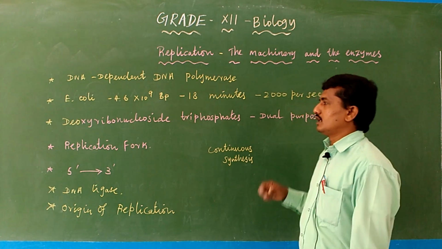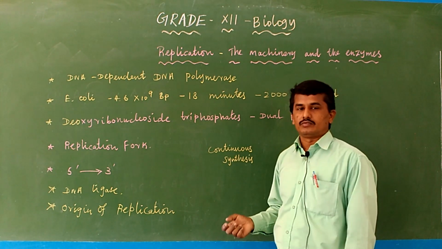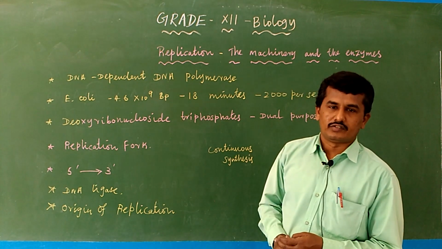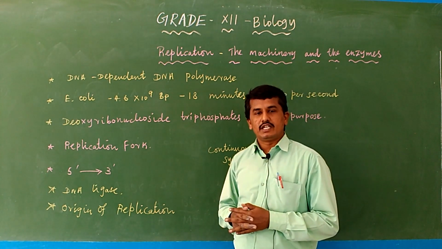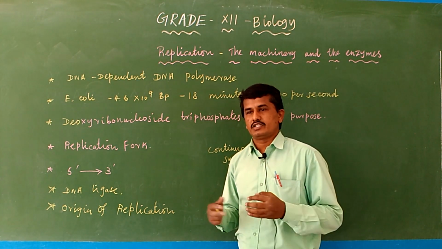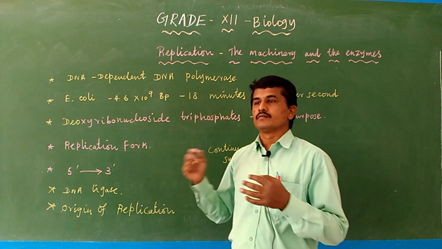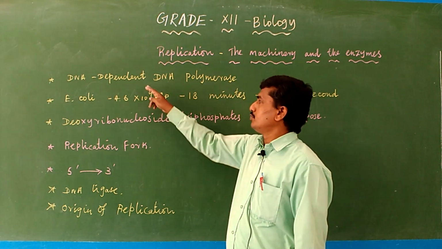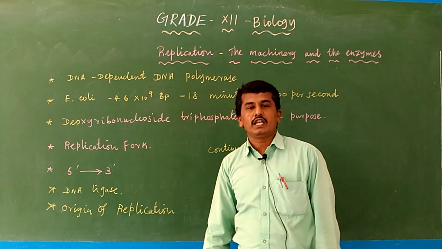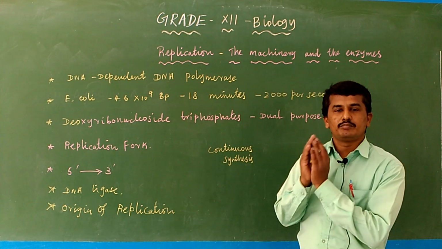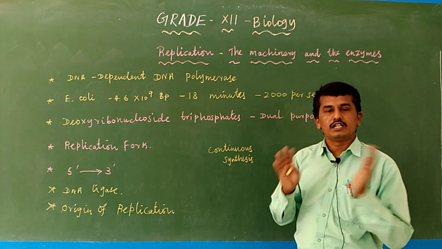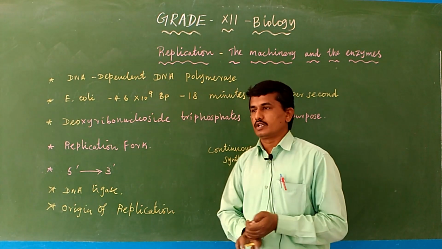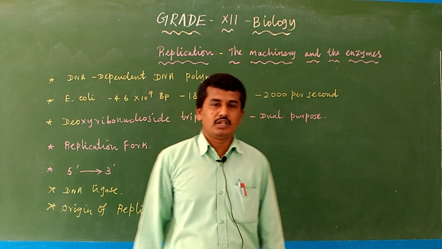Normally, replication needs a variety of enzymes like topoisomerase, helicase, DNA ligase and DNA dependent DNA polymerase. Various enzymes are involved, but at our 12th standard NCERT level, one enzyme is in your NCERT book: DNA dependent DNA polymerase. DNA dependent DNA polymerase means it depends on one DNA strand and produces another DNA. Okay. So how does DNA replication take place? With the use of a drawing.